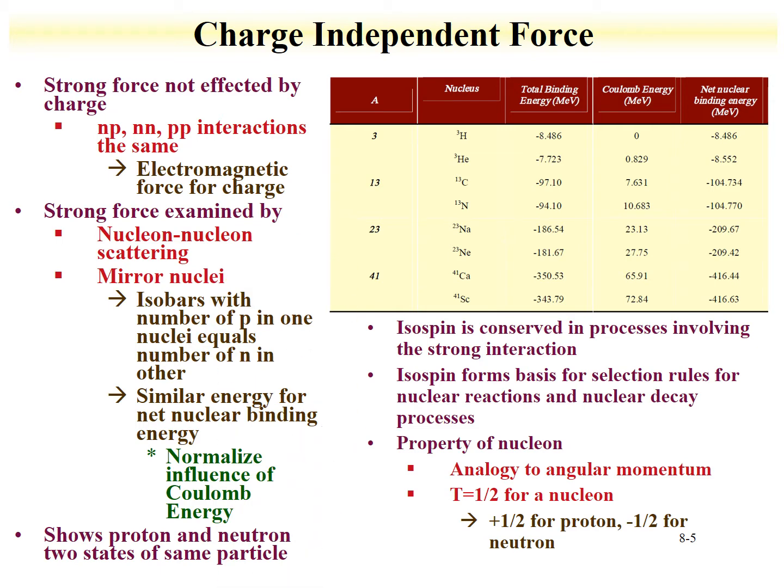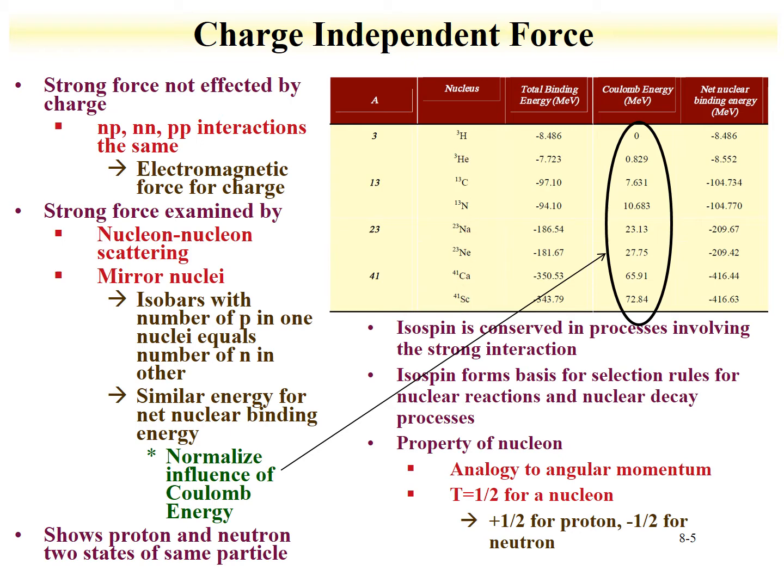So what one could do with this is evaluate energetics, particularly looking at binding energy, and then compensating for the Coulomb energy to try to evaluate a net nuclear binding energy for different nuclei with the same number of total nucleons. And this is shown here. So we have total binding energy, and here's the net Coulomb energy. And as we can see, for something like tritium, there's only one proton, so the Coulomb energy from that would be 0. So for the other nuclei, we have Coulomb energies that are calculated based upon the number of